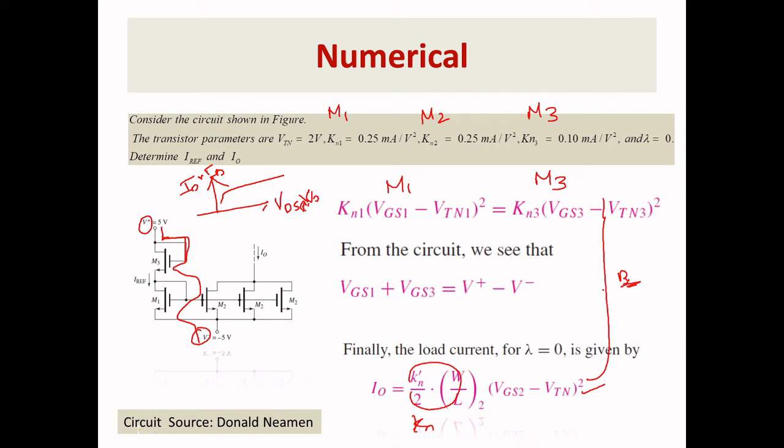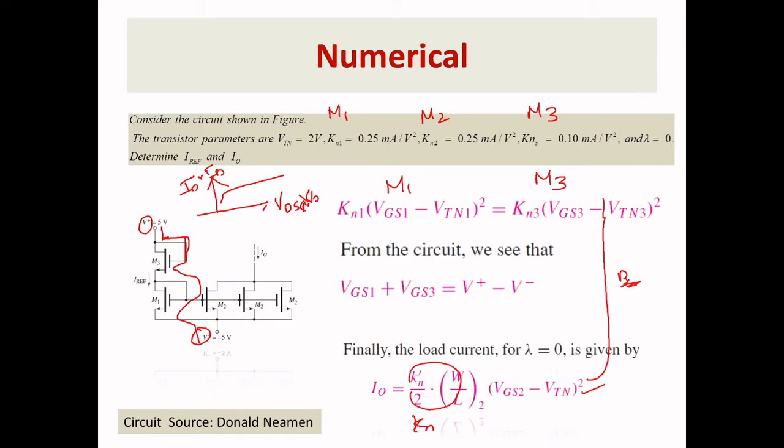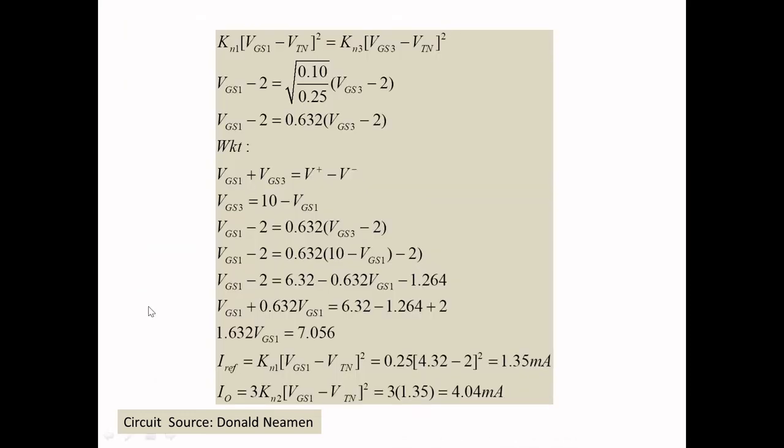Okay, so let me go to the problem. In the previous problem I said clearly your M1 and M3 are in series, right? You can see this M1 and M3 are series, so you can see here all are series, right? Okay, so I have written the equation, that is Kn1 (VGS1 minus VTN) whole square